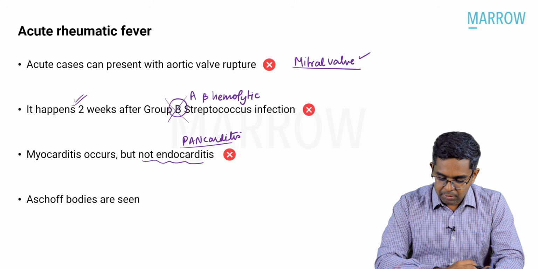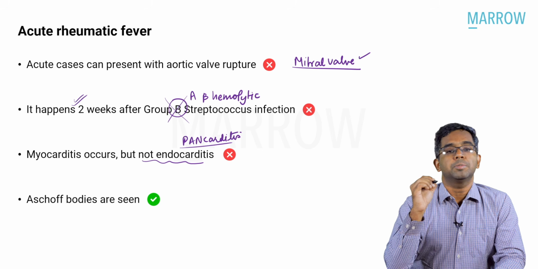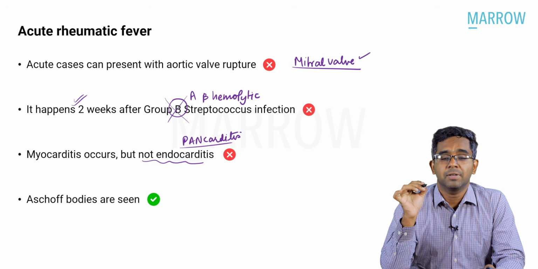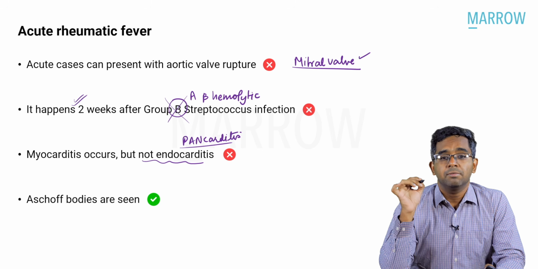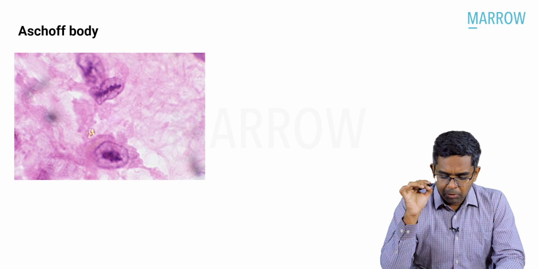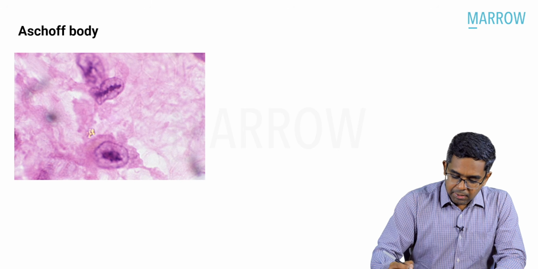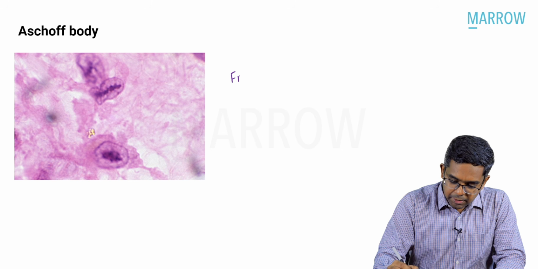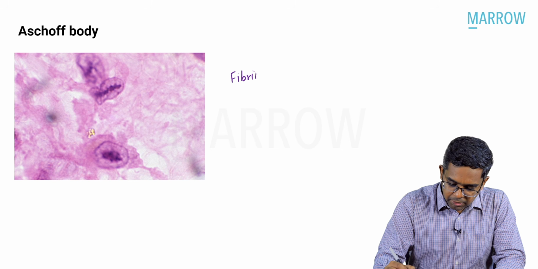Then look at the last option. Ash of bodies are seen. That's a correct statement. In fact, that is supposed to be pathologically the hallmark finding of rheumatic fever when you do the biopsy, right? This is a picture of the ash of body. Ash of body is basically an area of fibrinoid necrosis. Very important. Fibrinoid necrosis